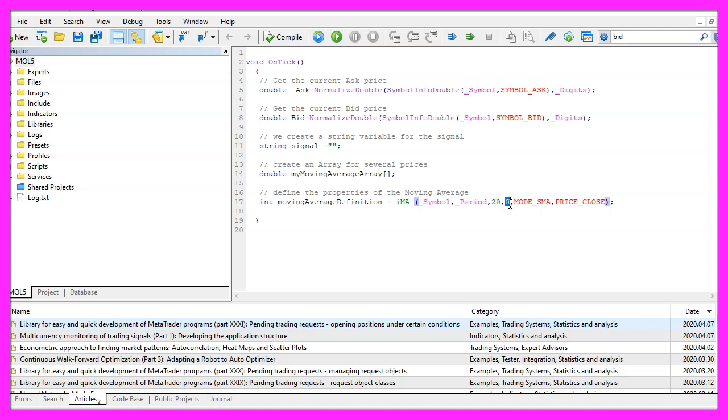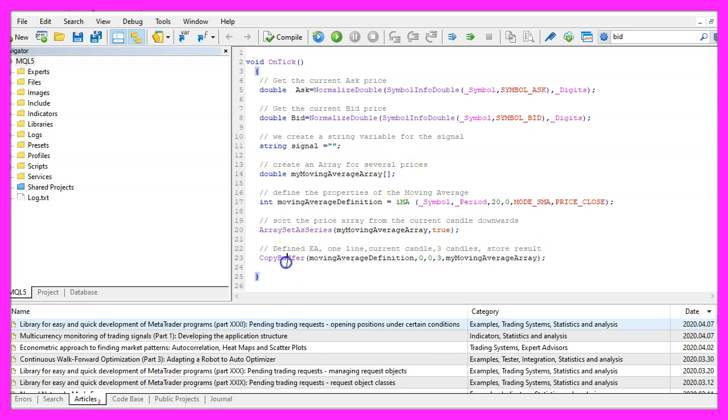We start with the current candle. The method should be MODE_SMA for simple moving average. And we calculate the values based on the close price. Afterwards we use ArraySetAsSeries to sort the array from the current candle downwards.